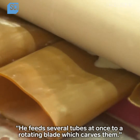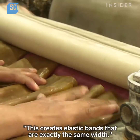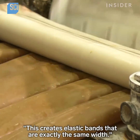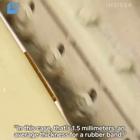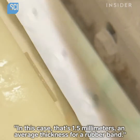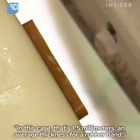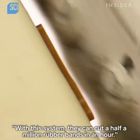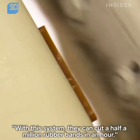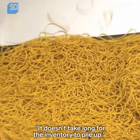He feeds several tubes at once to a rotating blade which carves them. This creates elastic bands that are exactly the same width. In this case, that's 1.5 millimeters, an average thickness for a rubber band. With this system, they can cut 500,000 rubber bands in an hour. It doesn't take long for the inventory to pile up,